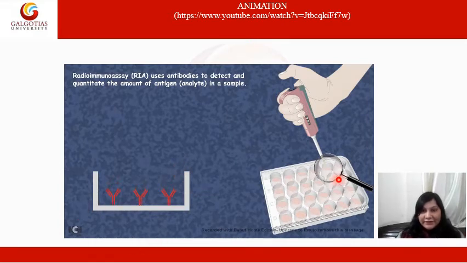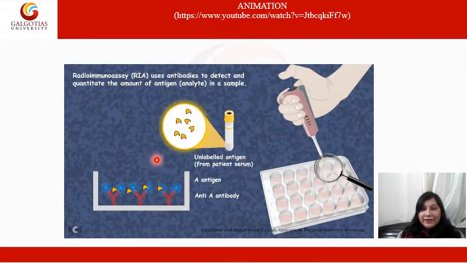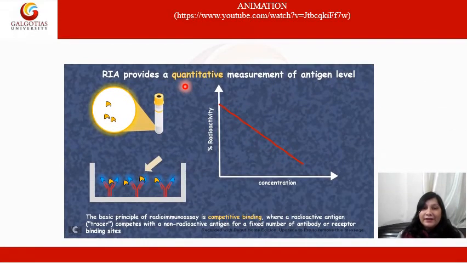This is the microtiter plate, these are the wells, and now we have coated this microtiter plate with, for example, antigen A antibody, and then we have added an excess amount of A antigen to this microtiter plate. This blue antigen is the radio-labeled antigen, whereas this yellow is the non-labeled antigen A. There is a tendency for non-labeled antigen A to compete with the radio-labeled antigen A. This actually decreases the radioactivity of the microtiter plate, the radioactivity that was generated by the addition of radio-labeled antigen.